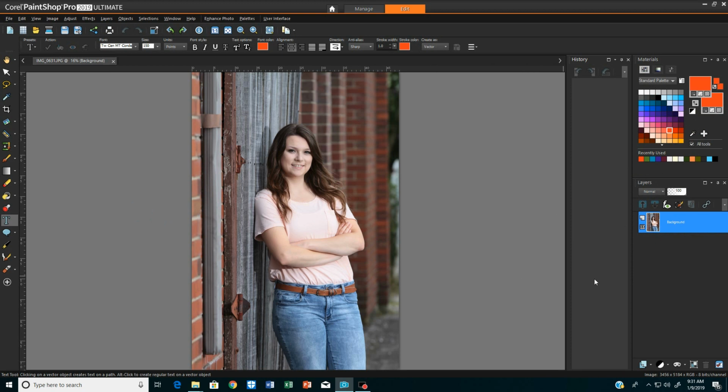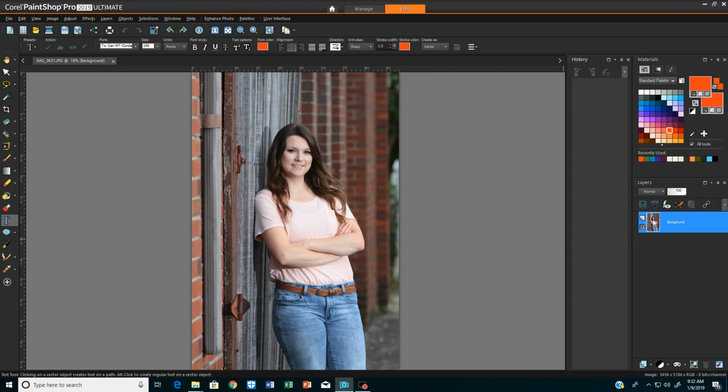Never work on your original layer. Your layer is the image itself. So this is a full image. It is a JPEG image. That stands for Joint Picture Exchange Group. Now, I don't know what it means, but that's what it stands for. So this is a JPEG. It is not in RAW. I did not photograph this in RAW. But this is the original image, and this is the image straight out of the camera.